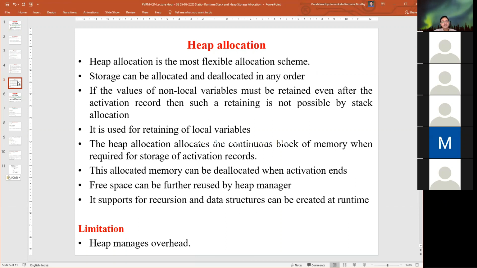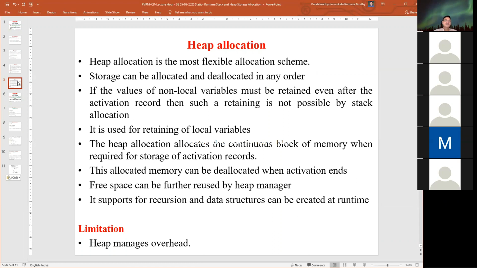It supports recursion, and data structures can be created at runtime. The only overhead is that the heap manager has the required overhead. Whenever a small memory is required or memory is deallocated, it is completely maintained by the heap manager.